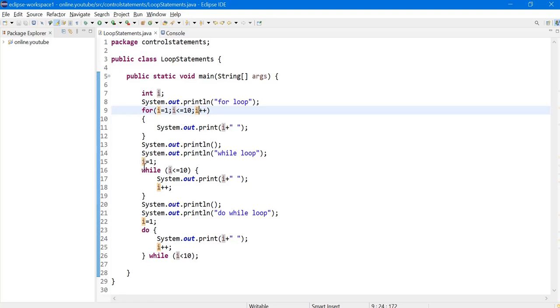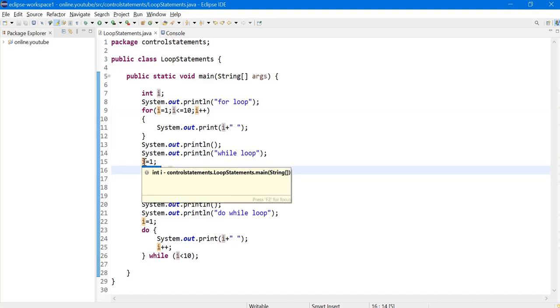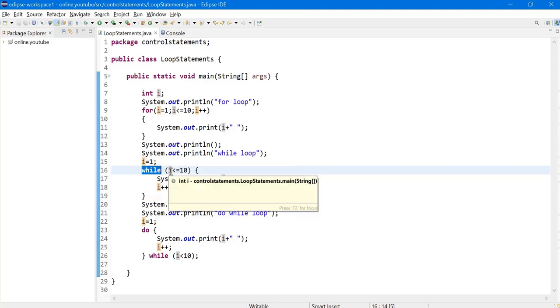And in the same way, if you take the while loop, I want the value starting from 1. So I initialize the variable I with 1, and the I value should print until the condition I less than or equal to 10 is evaluated to false. So let us see this implementation first. First, the value of I is equal to 1.